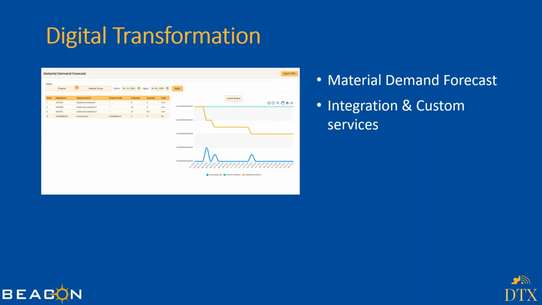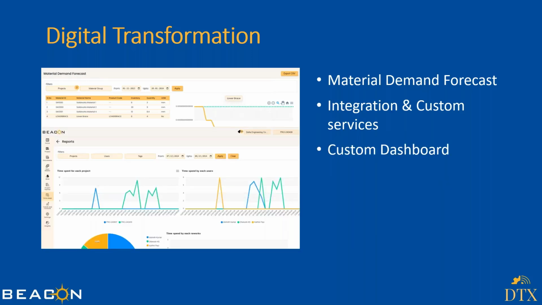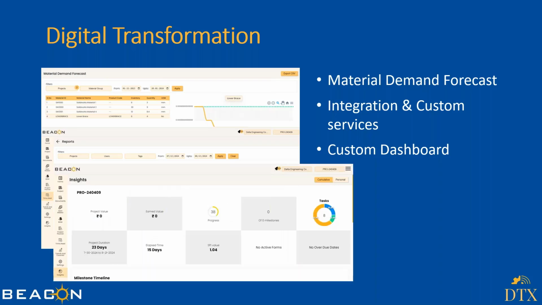Okay, and we also provide integration custom services. So we just now saw custom dashboards. These are some predefined dashboards that are available in DTX. Even for projects, that doesn't show, but this is the same. It will give you information on what is the project value, how much is the duration, how much is the time spent. There is an indicator in the project that says how the project is performing. That is called project index, like SPI. So that gives you the information. If it is one, it means it is very good. If it is less than one, that means you are not on track.